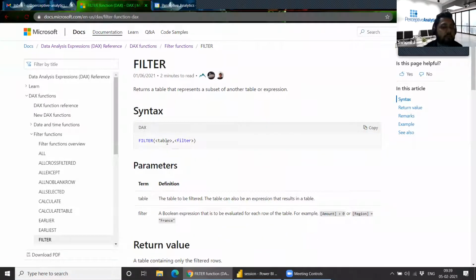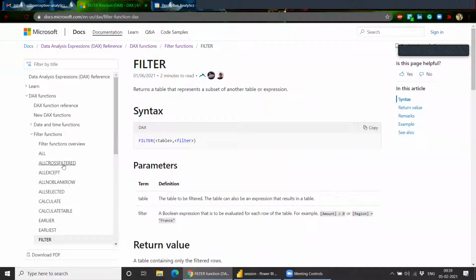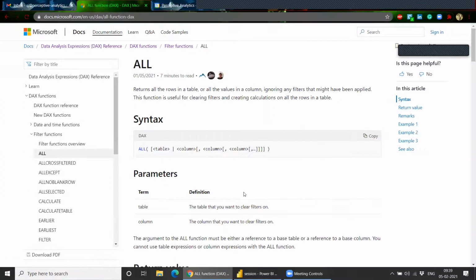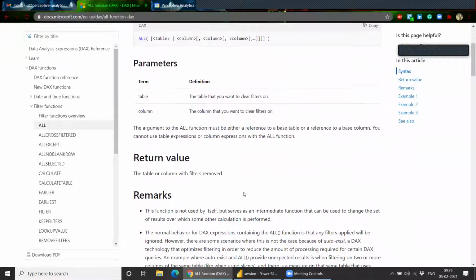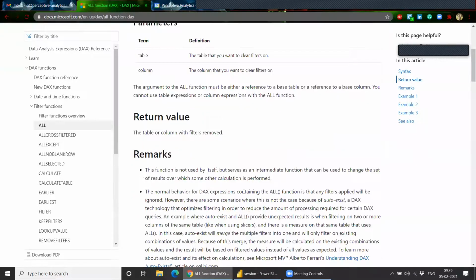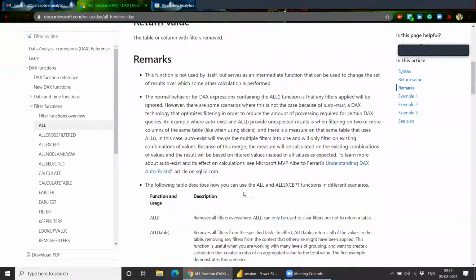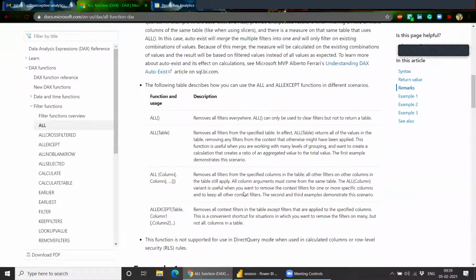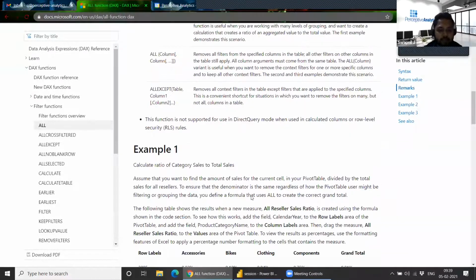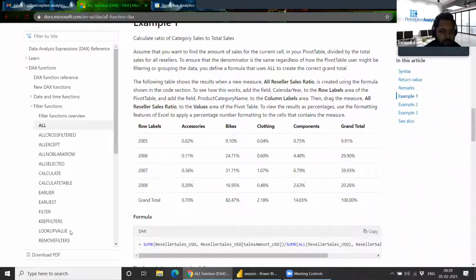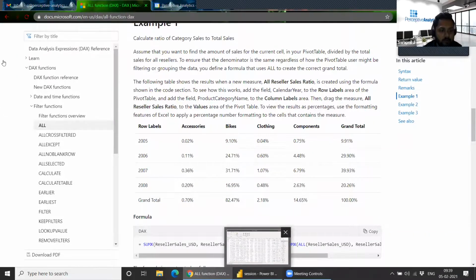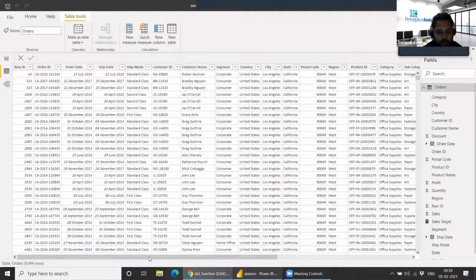Once you give a filter function, it will filter the data on your requirement and then perform certain tasks. Someone asked whether this calculated field will affect the user interface of the filter. Yes, the ALL function is used to affect the user interface. Let me give you an example.